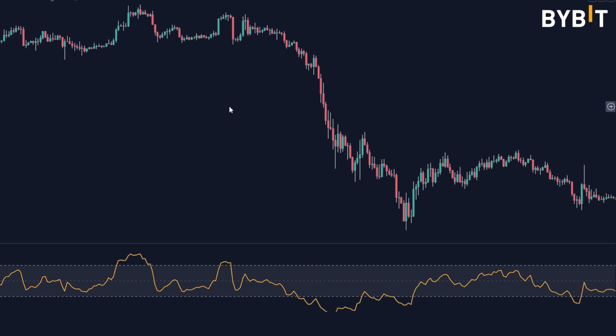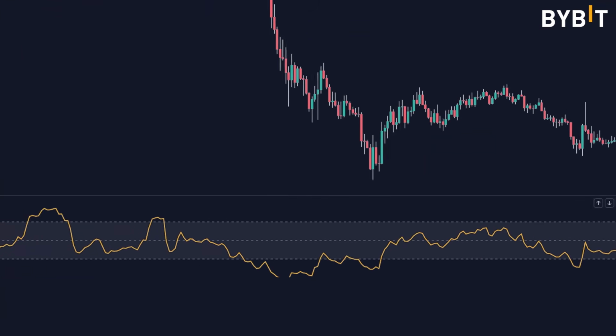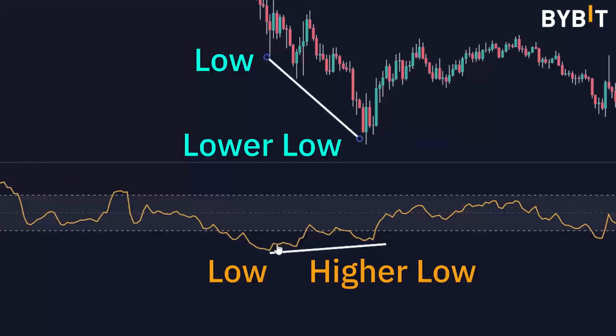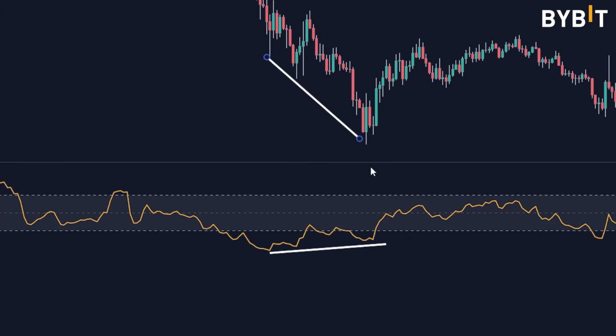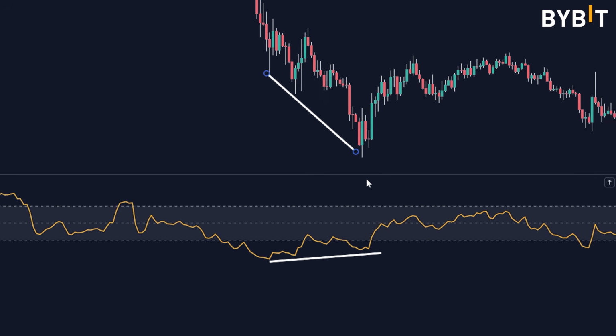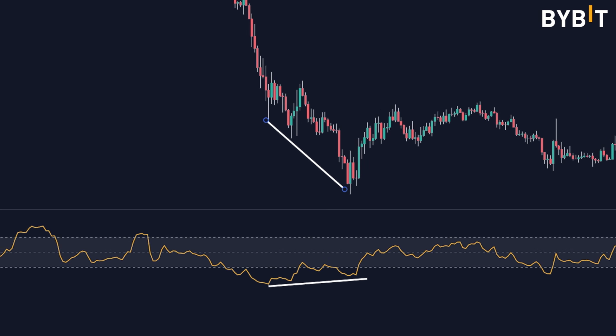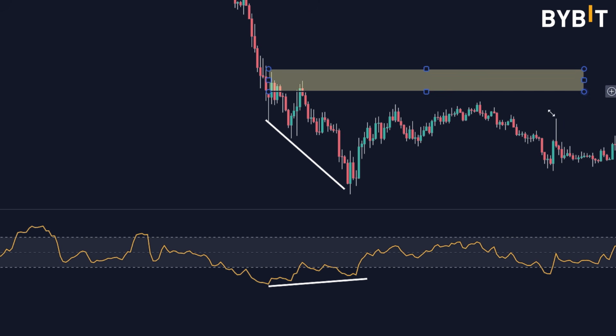The market fell very harshly in that middle of June sell-off. And you can see we've got some divergence showing up. We've got a situation where the market created a lower low in price, but the RSI indicator created a higher low. So that's the divergence. It's not syncing up. It's disagreeing with the price. And so in this situation, what you could do is you could identify that horizontal level of support and resistance. Right here is a level of horizontal resistance.